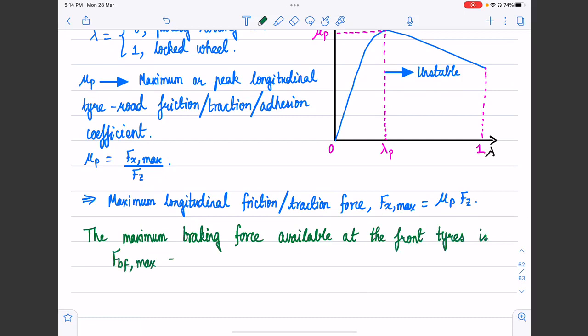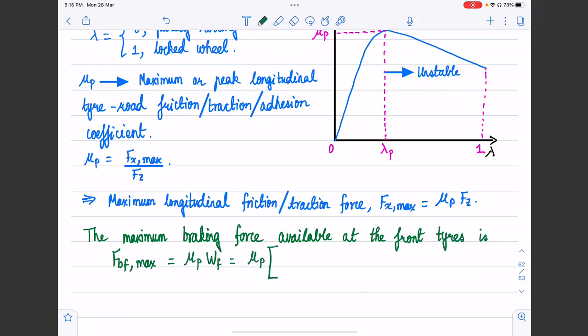F subscript B indicates braking force, another subscript F indicates the front tires, comma max indicates the maximum value, right? So that's going to be equal to mu P times WF, and that's going to be equal to mu